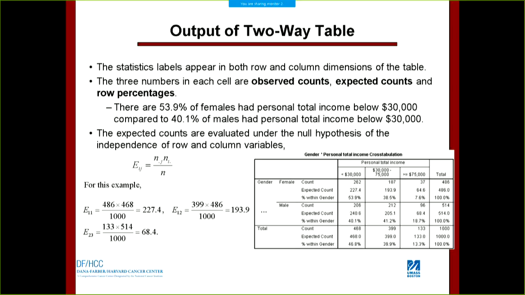Now for the lower income here, for the female, it's about 54% in the category of the lower income, compared to the 40% of the male in the category of the lower income. So you can see those percentages are quite different. So by guessing, I would say yes, there could be some association between gender and the personal income. So I run the chi-square test statistic,